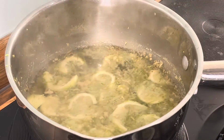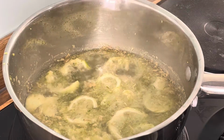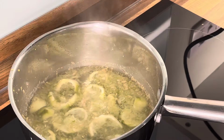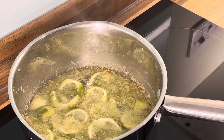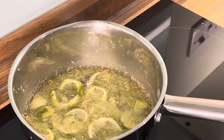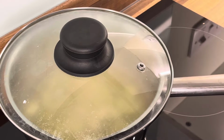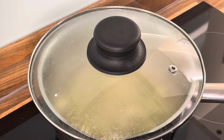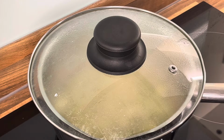All right. Let's remove this. All right. That is excellent. All right. Look at that. So you want to cover it, allow it for a few minutes. All right. Allow it for it to sweat. All right, so once it's sweat,